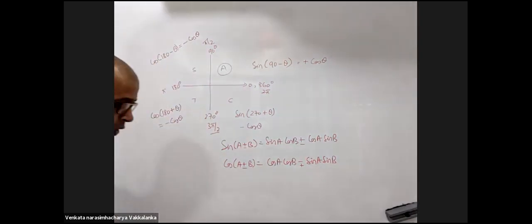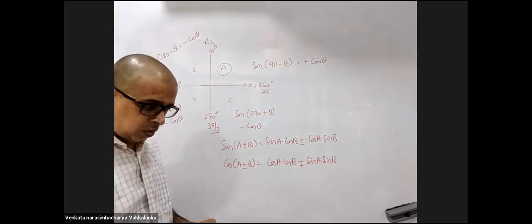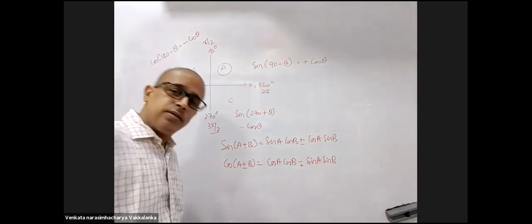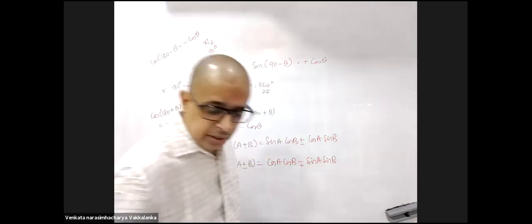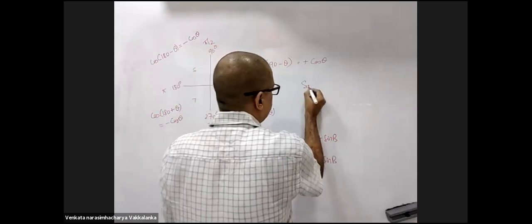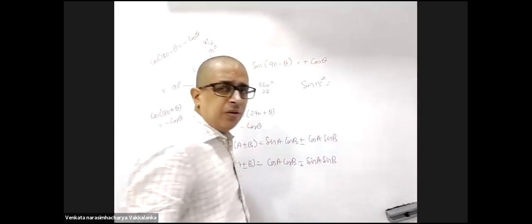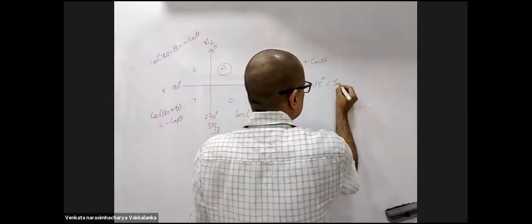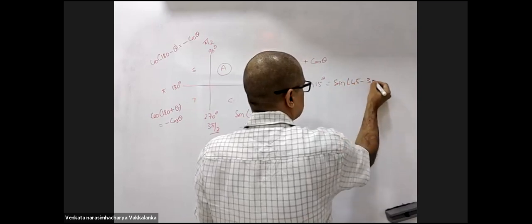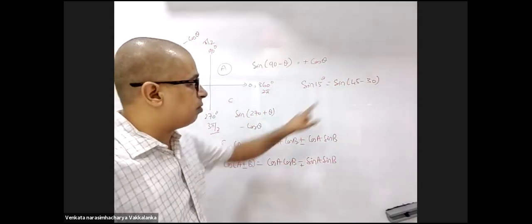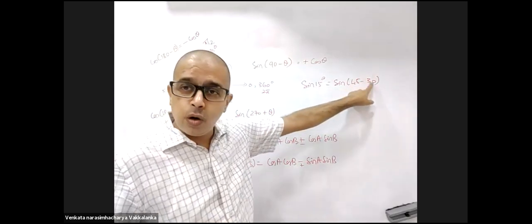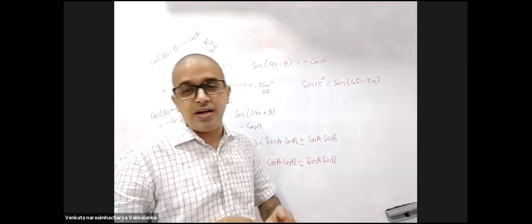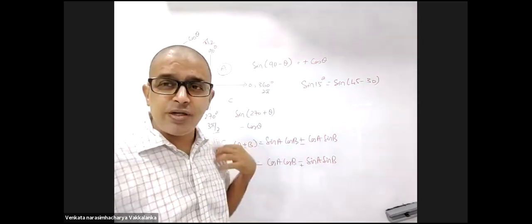Sir, for sin 90 minus theta, why can't we use the formula of sin A minus B? You can, no problem. In fact, in days to come when you want sin 15 degrees, in trigonometry they'll teach you how to calculate it. You will write sin 45 minus 30. Now you know the sin a minus b formula: sin a cos b minus cos a sin b. Sin 45, cos 45 is known. Sin 30, cos 30 is known. You will substitute. Sir, sin 75?